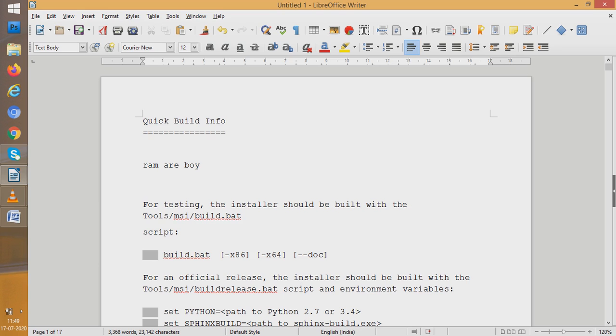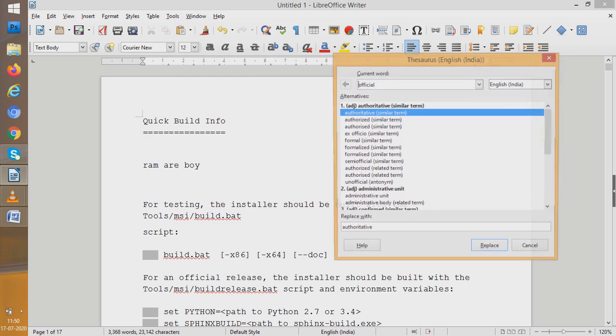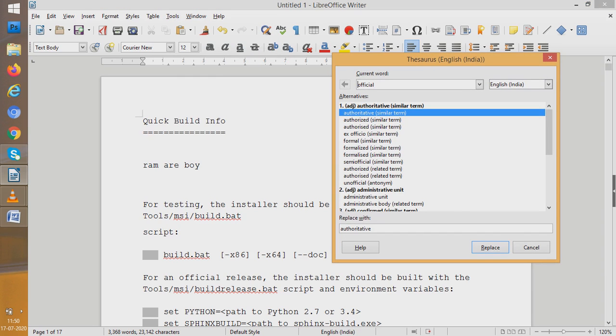words. Suppose we go to tools, and where do we go for synonyms? We will go to thesaurus for synonyms. See, this is thesaurus. Thesaurus is a place where we get both synonyms as well as antonyms. So you can go here to thesaurus and click it. As you click thesaurus, you get the similar meaning terms: authoritative, authorized, ex officio. They are similar terms, and along with them there are some related terms, and